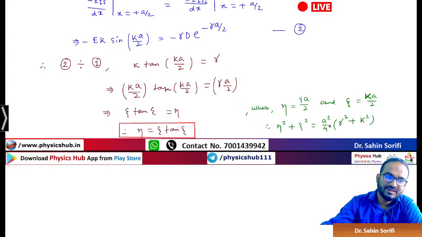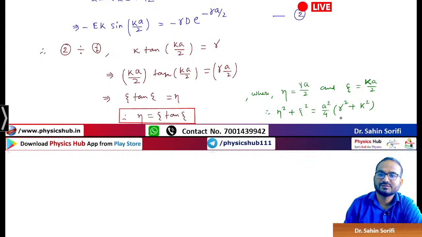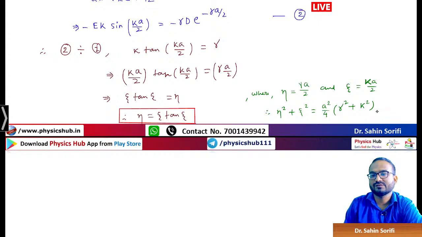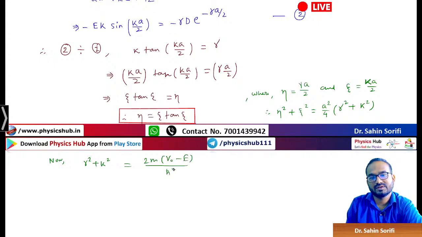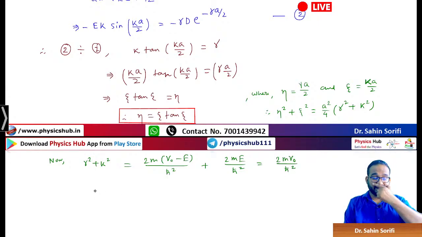Now you see eta square plus xi square, gamma square plus k square. What is the value of gamma square plus k square? Gamma square we have got as twice m (v naught minus e) upon h cut square, and k square is twice m e by h cut square. So this is twice m v naught by h cut square, and that makes